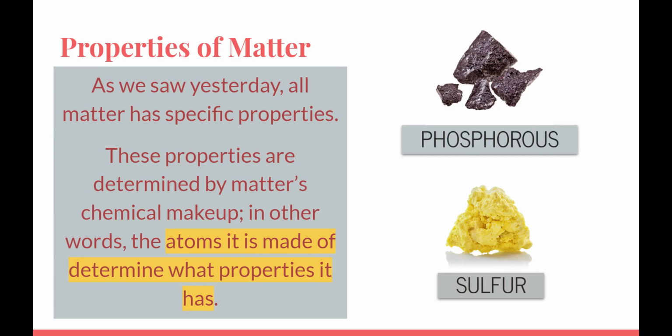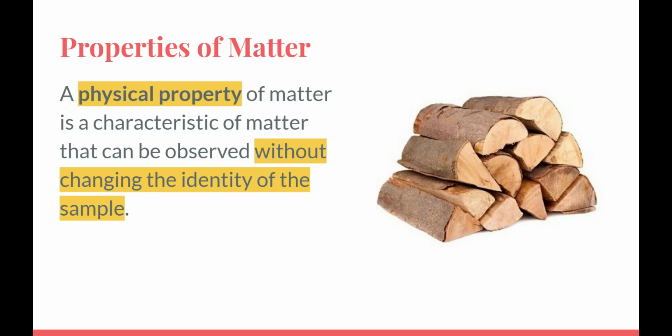We're going to talk about two different types of properties of matter. So properties can be either physical properties or chemical properties. A physical property of matter is a characteristic of matter that can be observed without changing the identity of the sample. And when I'm talking about the identity, I mean the atoms and molecules that make it up. If I can look at matter and tell a certain property about it without changing it, that's a physical property of matter. Some examples are texture, color, odor, density, solubility, which is its ability to dissolve,